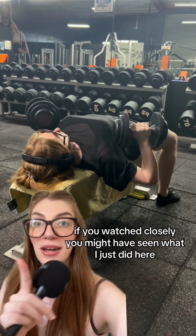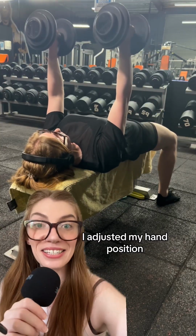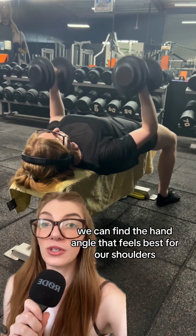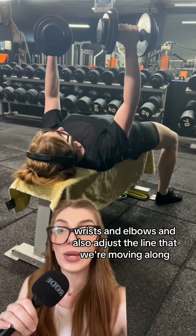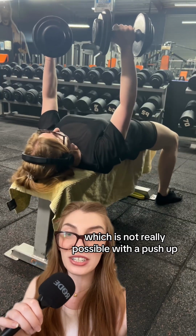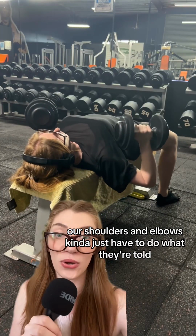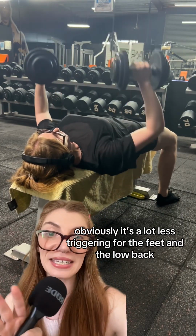If you watched closely, you might have seen what I just did here. I adjusted my hand position. As benefit number 2 of the dumbbell bench press, we can find the hand angle that feels best for our shoulders, wrists, and elbows. We can also adjust the line that we're moving along, which is not really possible with a push-up. Once our hands are locked on the ground, our shoulders and elbows kind of just have to do what they're told. This is obviously a lot less triggering for the feet and the low back,